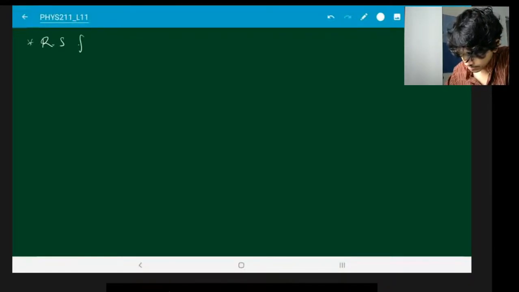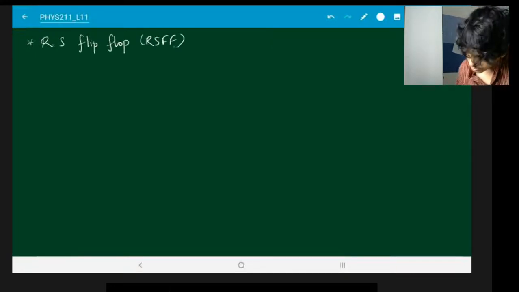So the first device that we are going to look at is called an RS flip-flop, or sometimes just abbreviated as RSFF. So here is what the circuit diagram looks like. But by the way, there are various ways of doing RS flip-flops. Depending on what book you're following, you may find a slightly different way of implementing this thing. The important thing is how the logic of the circuit works. So what I'm following over here is what Eggleston does.